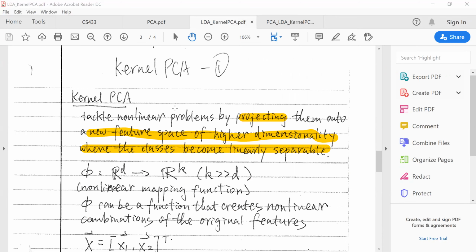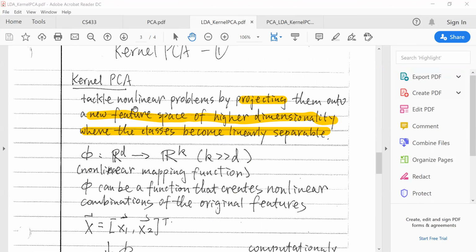PCA, we already know. But some of the problem is a non-linear problem. So to tackle the non-linear problem, you can project them into some higher dimensionality. Here, you may say it's contradictory with our goal, because your goal is to reduce dimensionality. But because the problem cannot be solved in a linear way, what you can do first is project into some higher dimensionality space